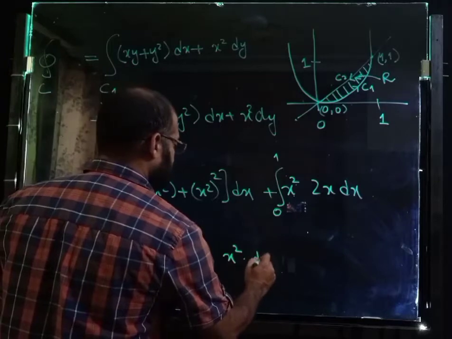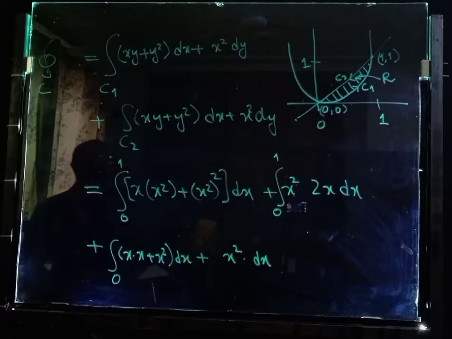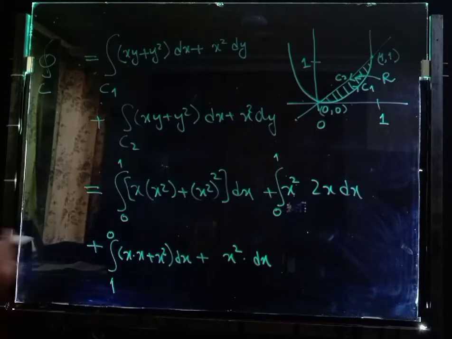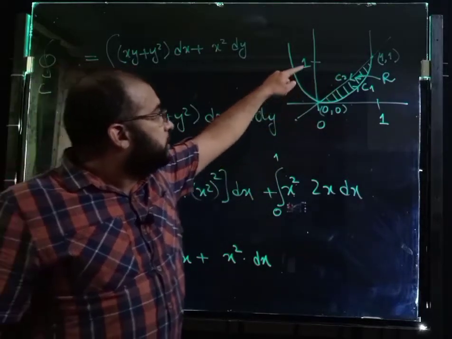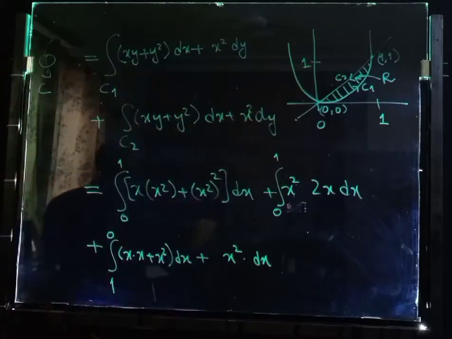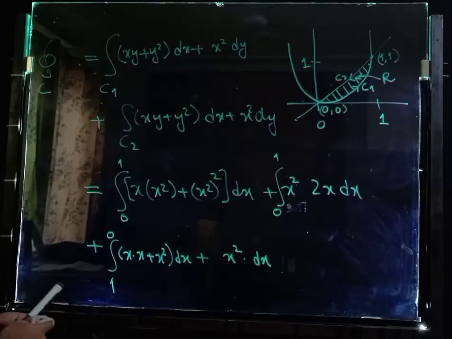Dy is dx. It is again from 1 to 0, because the C2 curve is moving in this direction. C2 curve has this direction, so it means from 1 to 0. Now dear student, we can write here